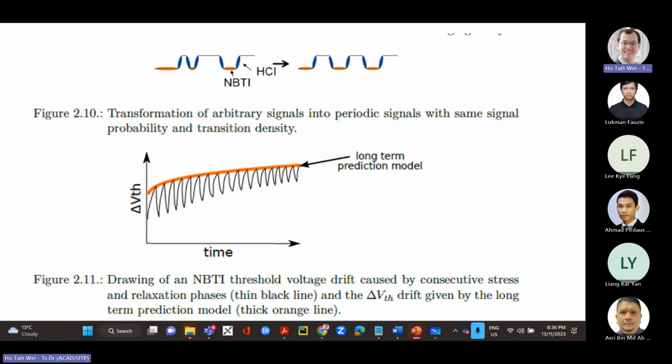So there are two different aging mechanisms that affect the circuit, the transistor, in a different way. It really depends on how long you hold a particular logic value on that particular transistor. That would be the BTI effect. And how many transitions, logic 1 to logic 0, logic 0 to logic 1, that will be the HCI effect.